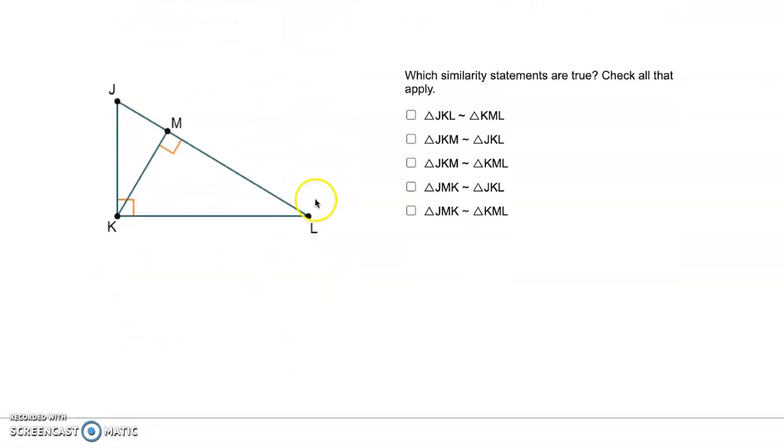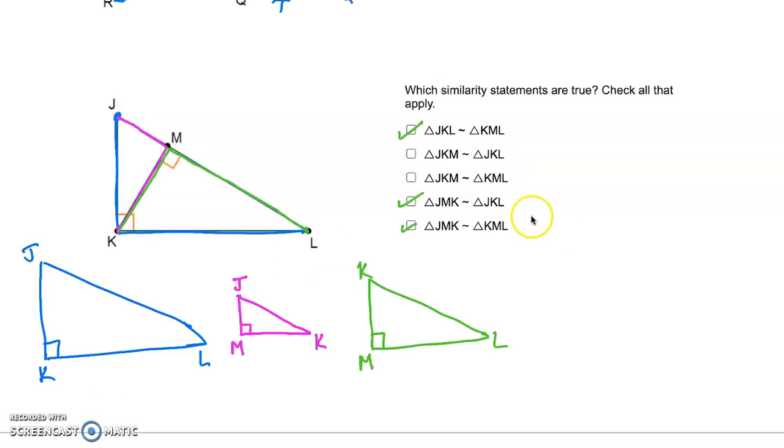So pause the video and try this one. Check all the statements that are true. So you've got 3 similar triangles. Let's see which ones of these statements are true. All right, I drew out these triangles. And remember, the right angle of the large one is K, but the right angle of the 2 smaller ones